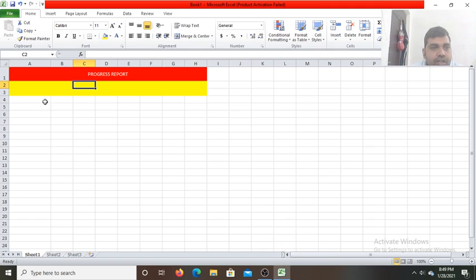Now after this we define the different columns. First of all, in the first column we write roll number. Press the tab key to go to the next column. After roll number we take name of the student, press tab to move to the next column. After roll number and name, we use the subject marks. So we are going to write Hindi, the marks obtained in the Hindi subject. Next we are going to write maths. Next we are going to write English.